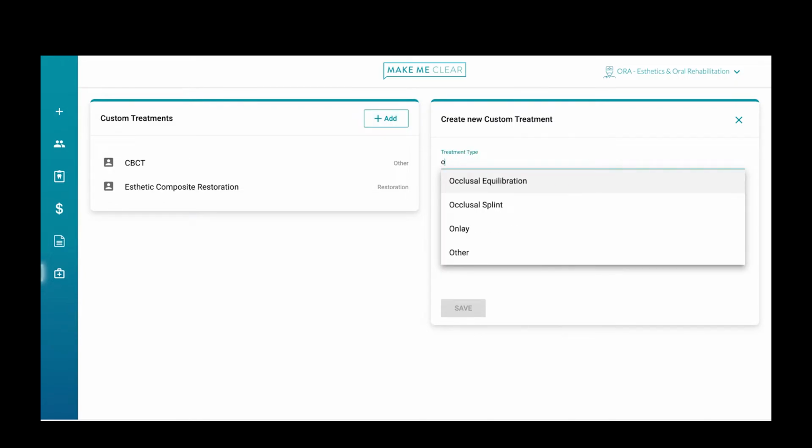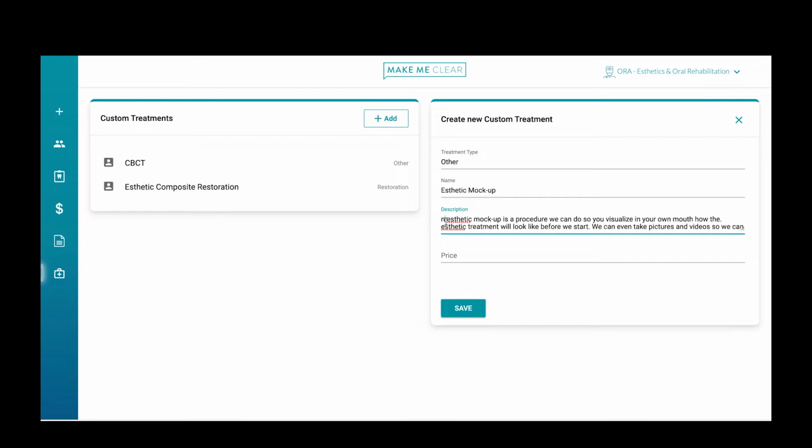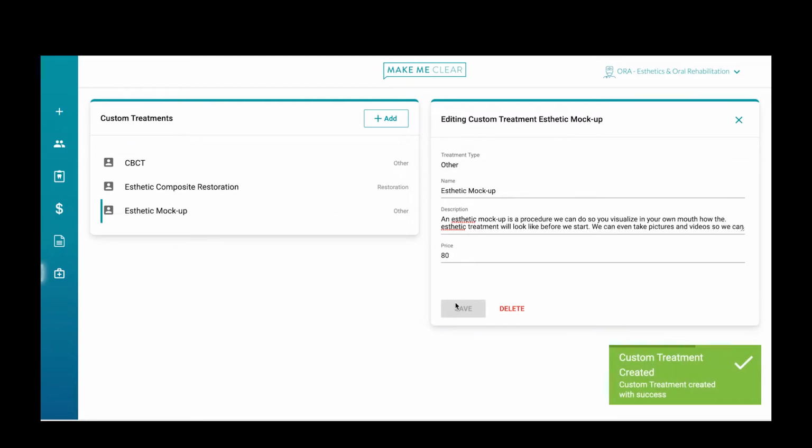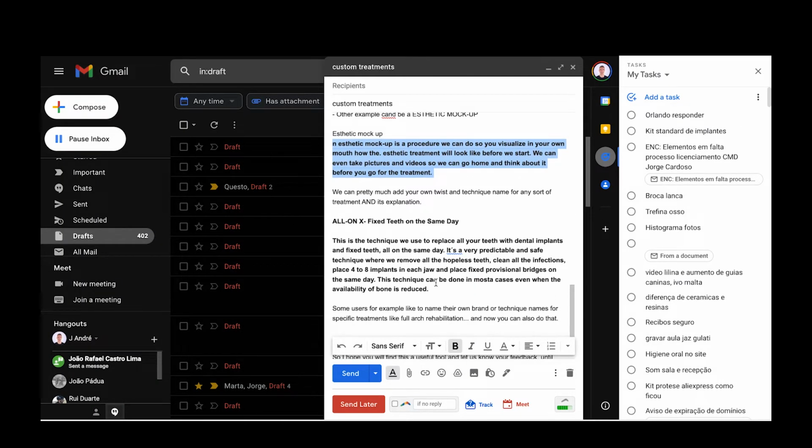Another example can be an aesthetic mock-up. For example, here an aesthetic mock-up is a procedure we can do so you visualize in your own mouth how the aesthetic treatment will look before we start. We can even take pictures and videos so you can go home and think about it before you go for the treatment. So we can pretty much add your own twist and technique name for any sort of treatment and